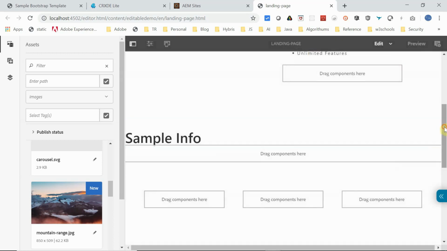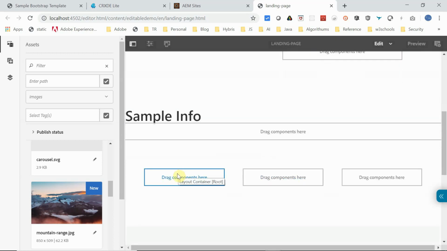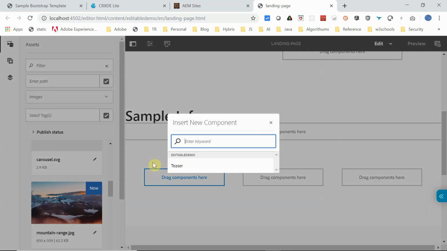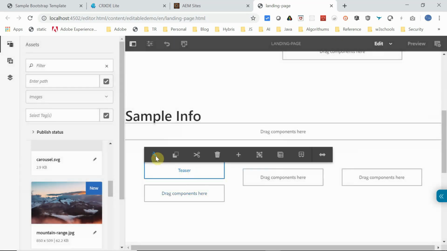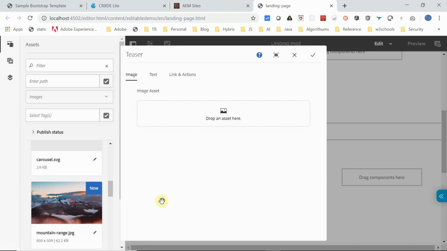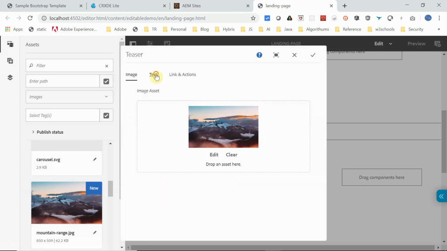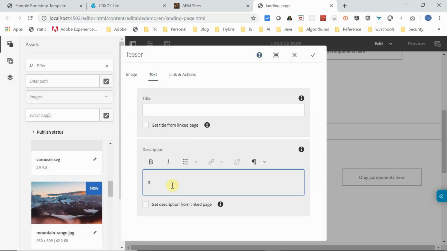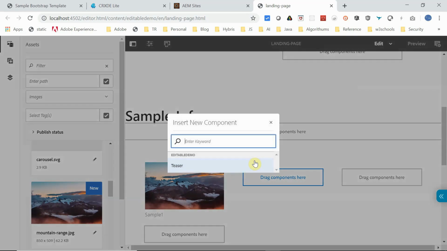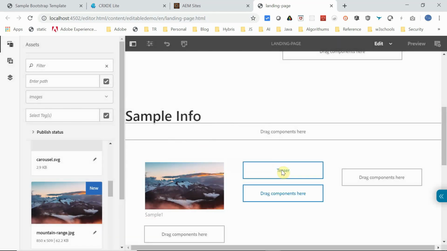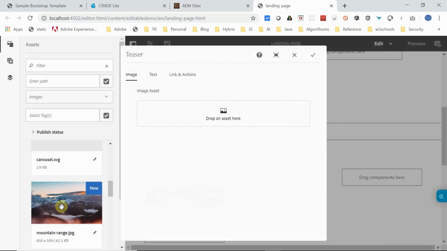Yeah, this is fine. Now in this section you add a teaser, then you go here and again configure. Maybe I will go with the same image, then I will put a text description here, say sample 1. Done. Now the same thing I do here.